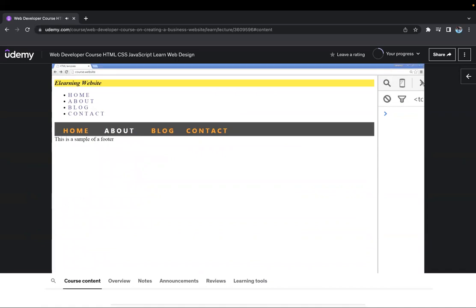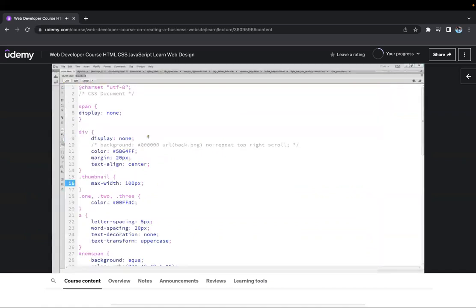Now, you might be thinking, well, this is kind of similar to visibility hidden. So there's